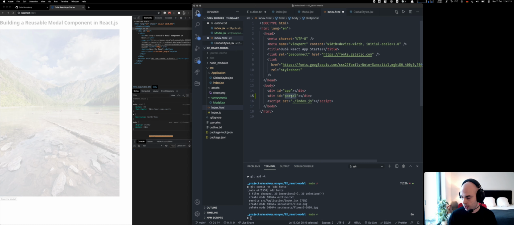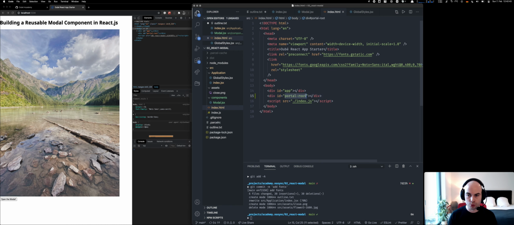The modal would be the term for our component that we're going to build, but the actual technical way of implementing it is using portals, which is kind of like a portal to another point in the HTML, right? So we're going from the app and further down into that portal container. So I'm just going to call it portal root,